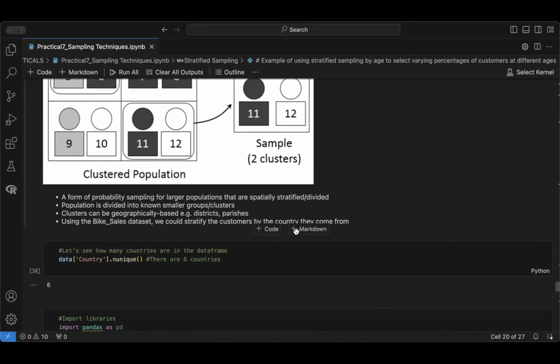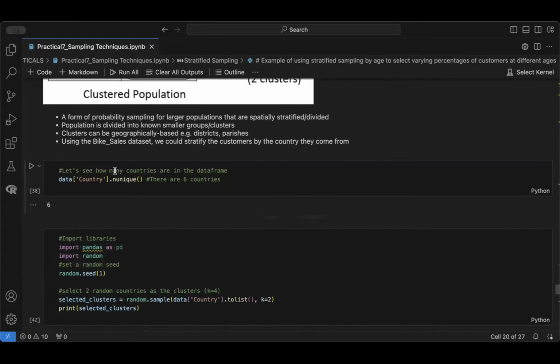And we're looking still at our bikes data set, and we are clustering based on the country where the samples or the customers come from. So we try to see how many countries there are. We can see that there are 6 countries